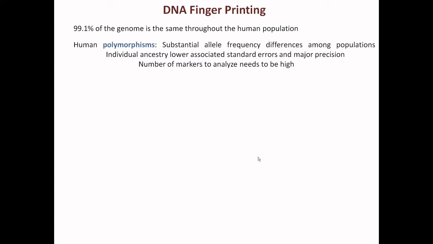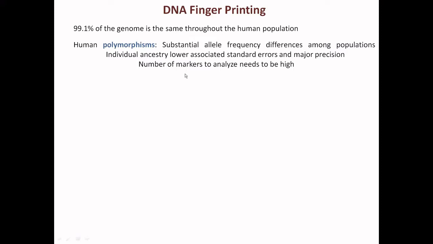Human gene polymorphism. Polymorphism is having different forms of the same gene. So there are substantial allele frequency differences among populations. Individual ancestry has lower associated standard error and better precision. So there will be less standard error, and it increases the precision or the accuracy of the similarity of the